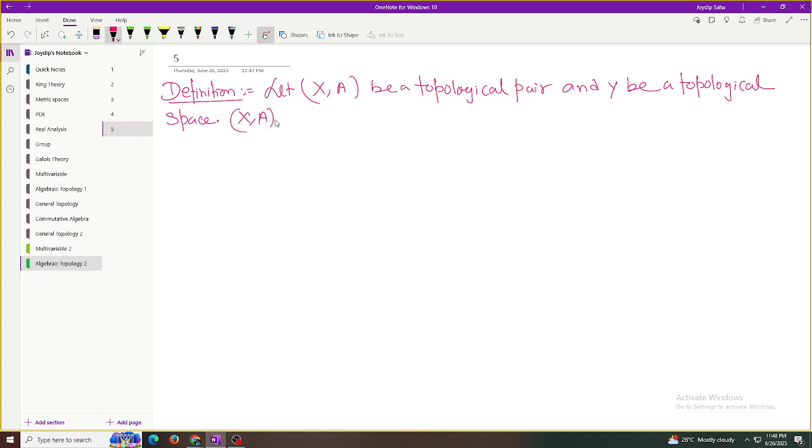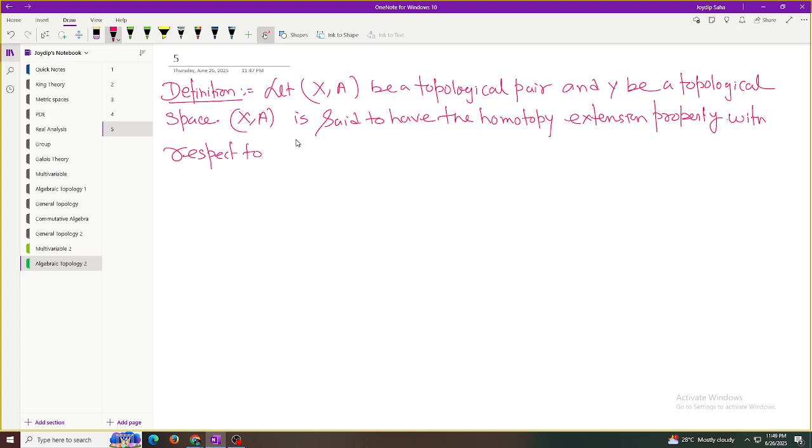(X, A) is said to have the homotopy extension property with respect to Y if,